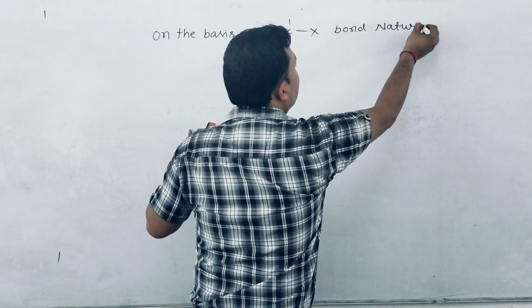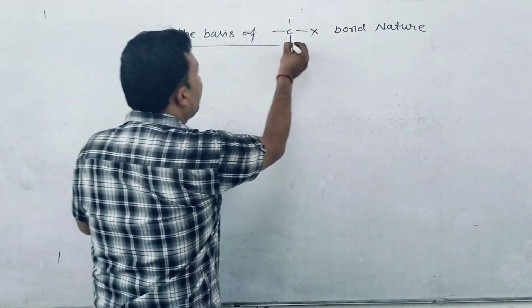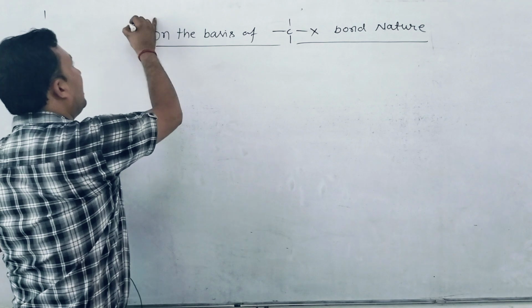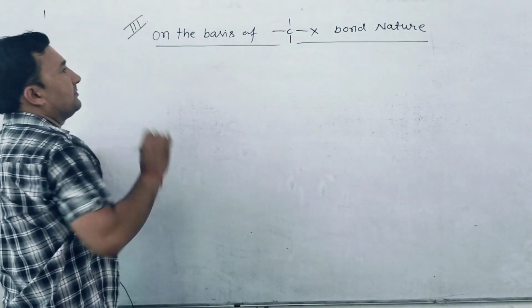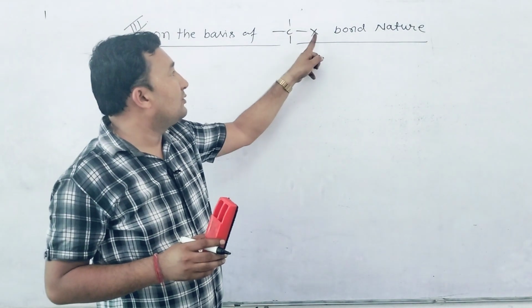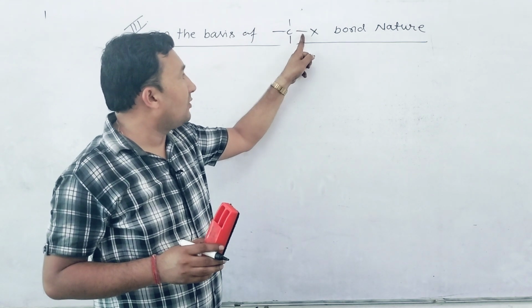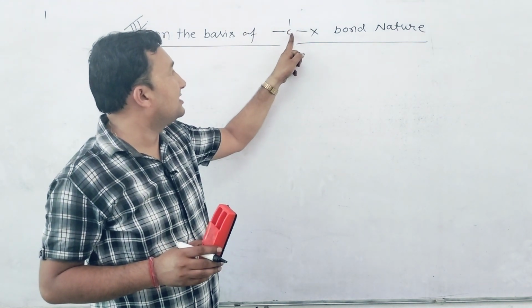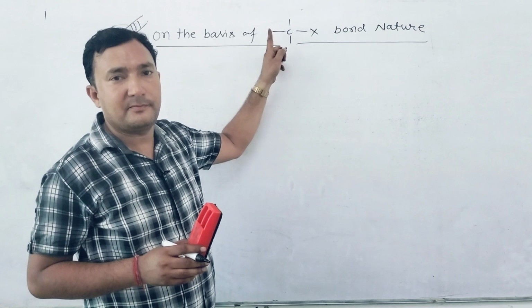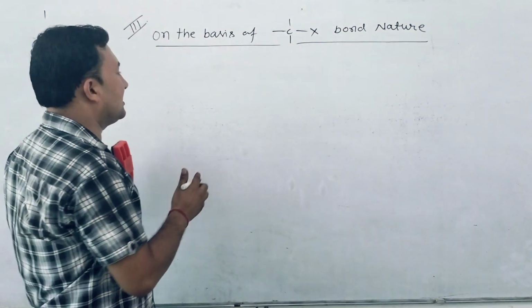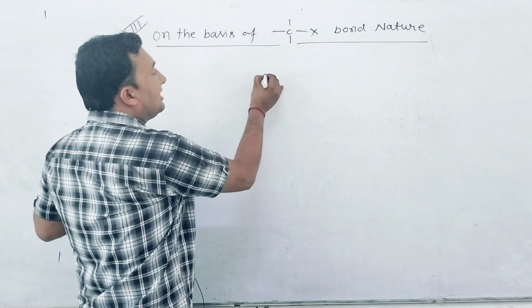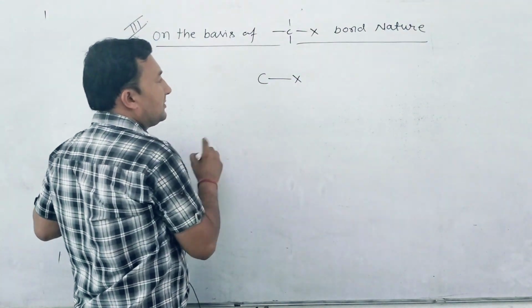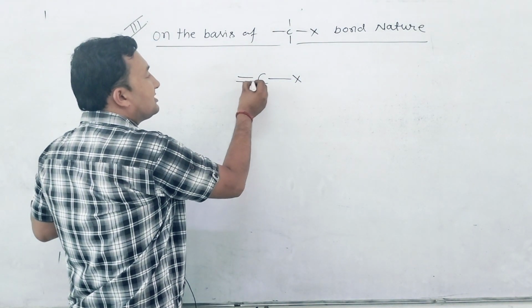Okay, so the last basis of classifying the alkyl halide is on the basis of carbon-halogen bond nature. The carbon-halogen bond nature is controlled or justified on the basis of the group attached to this carbon. What do I mean by that? Let's discuss it. Suppose that the carbon is directly having the halogen, but this carbon atom is attached with another